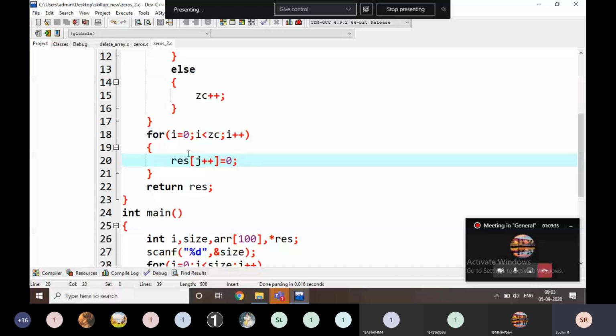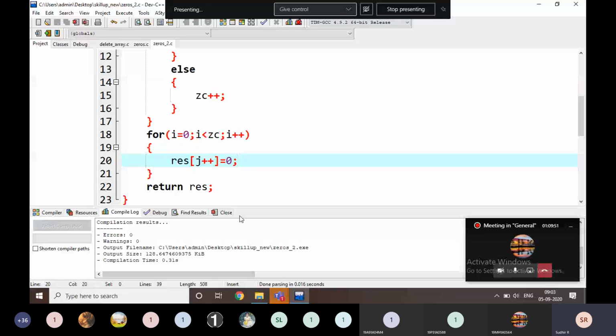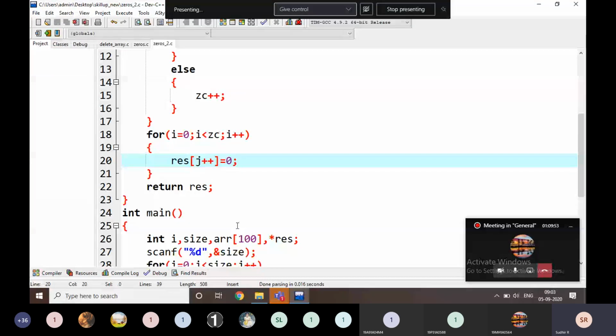For how many zeros are there? If it is 5 zeros or 100 zeros, I am going to add 100 zeros at the end. For example, 6, 1, 0, 2, 0, 0, 1. The output is going to be the same, no doubt about that, in the same two cases. Does everyone understand what I am writing here?